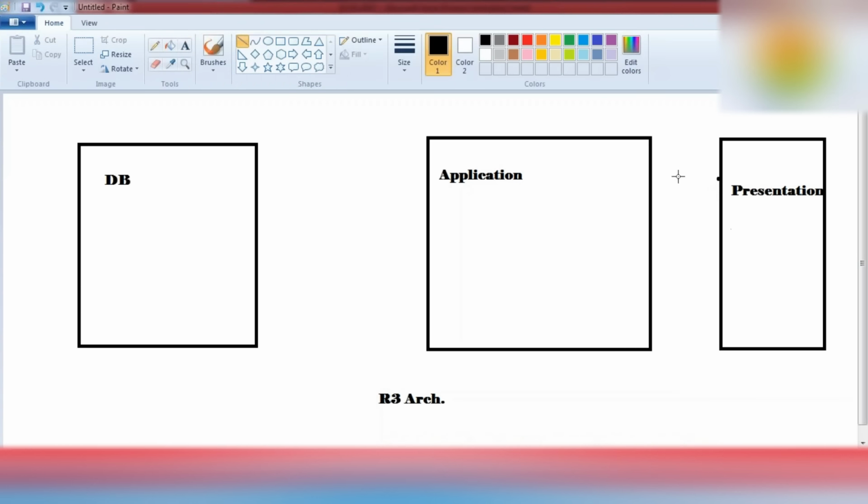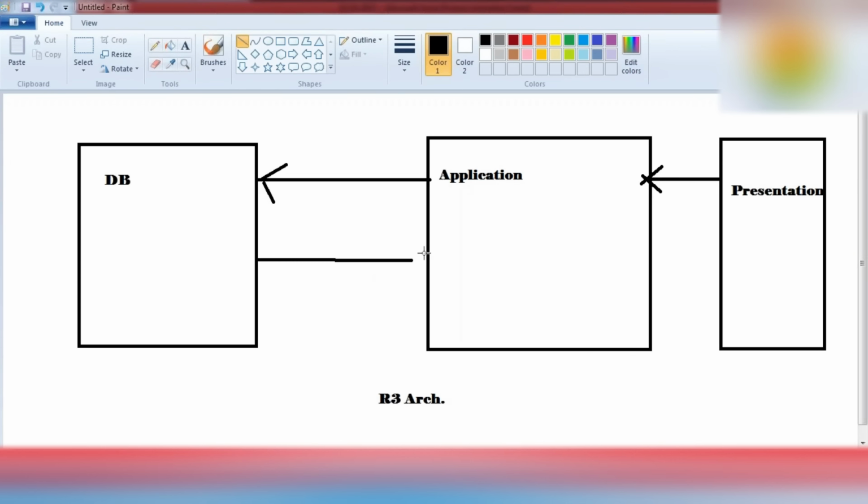Now we are communicating from the presentation server to the application server, and then from the application server to the database.